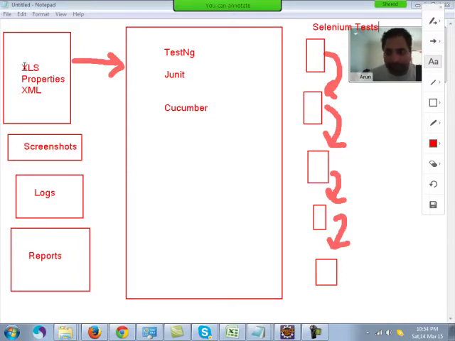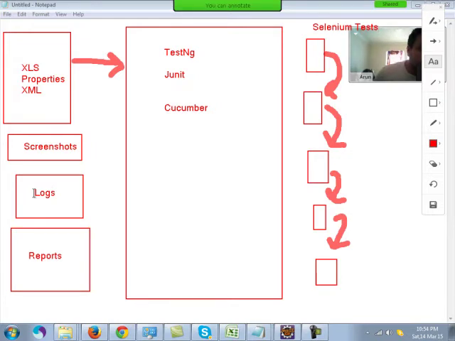So when you run this, you need to read the data from some Excel file or some properties file, or from XML file. And you need to generate some reports as well, as mentioned at the bottom over here. And you need to generate some logs as well.